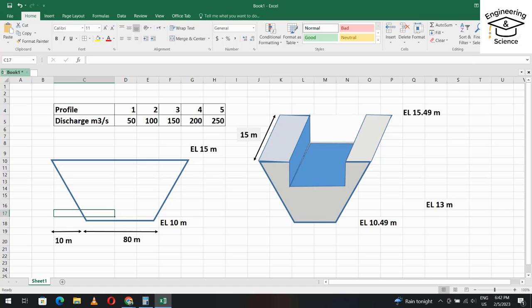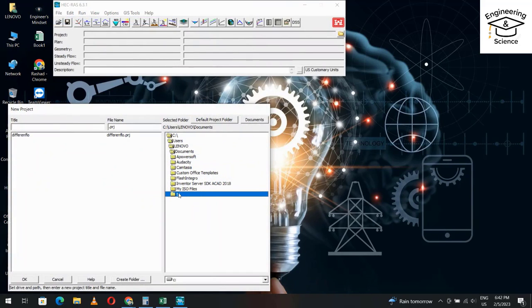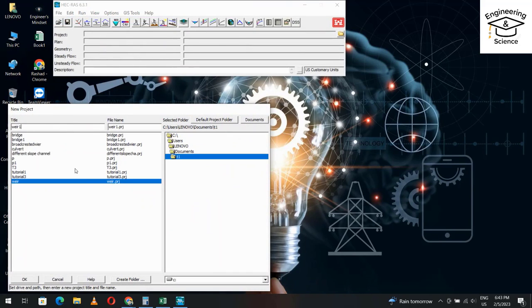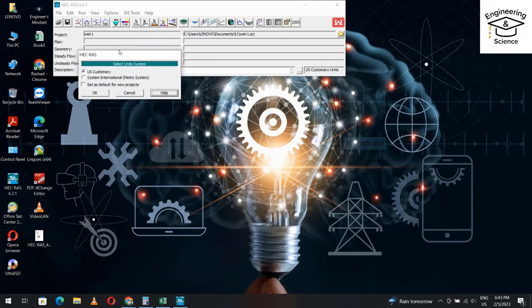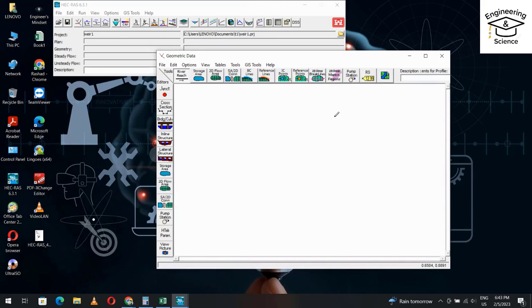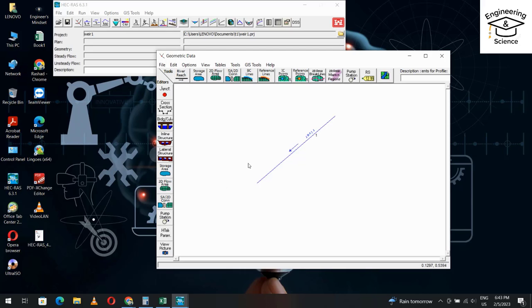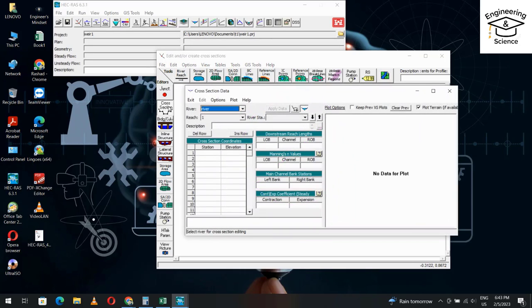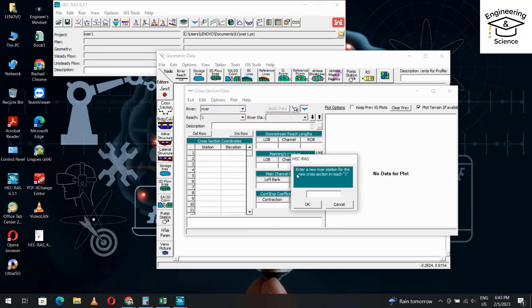Let's start modeling. Open HEC-RAS, File, New Project, determine your directory, weir1, OK. Then from Options, Unit System, I select the metric system, yes. Then from here, create a river reach, double click, river and reach 1, OK. Then from Cross Section, as a channel, you can create a cross section, first option, add a new cross section,